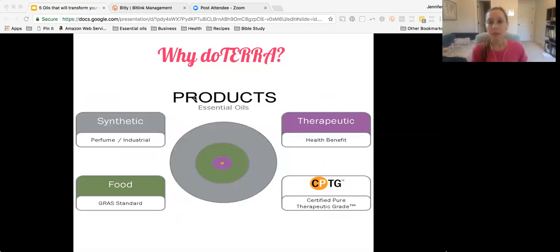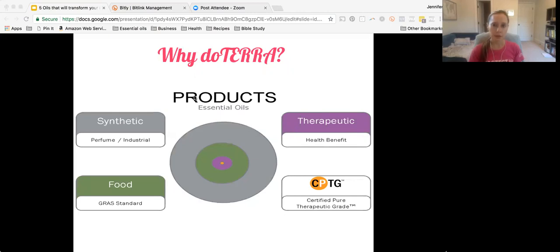So when it comes to essential oils, like I mentioned, they're kind of popping up everywhere. You can see them in all different stores, Target and Bed Bath & Beyond and all these places. And so this is where I really want you to be careful in choosing essential oils if you're going to use them for your health. Okay, so there's a few different grades of oils that you may see out in the market.